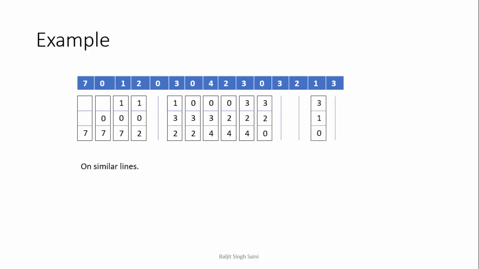Okay, so this is the final answer for first in, first out. Now the question will ask you how many page faults were there, so you can simply count the number of page faults. In this case the number of page faults is 11. Just skip the vertical lines, all others are page faults. Whenever we have made some change in the frames, that's a page fault.